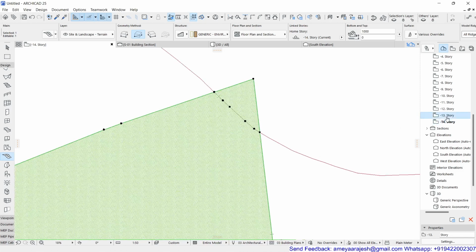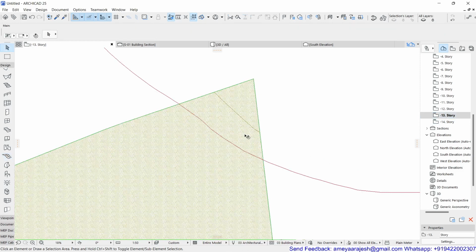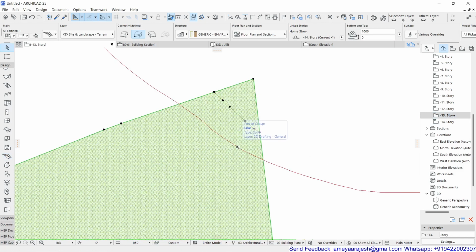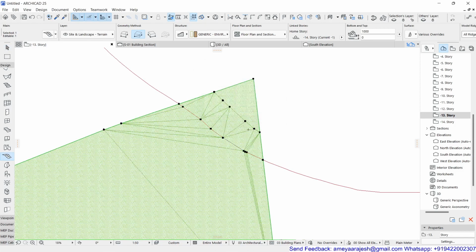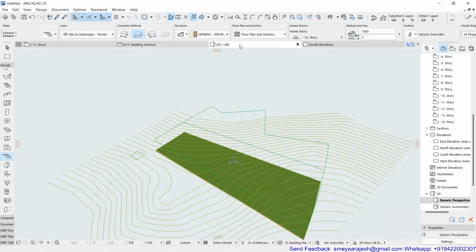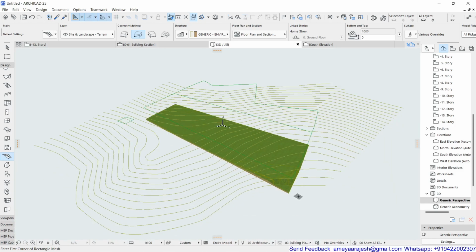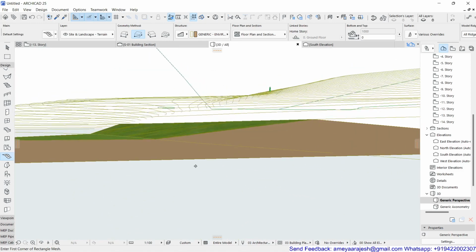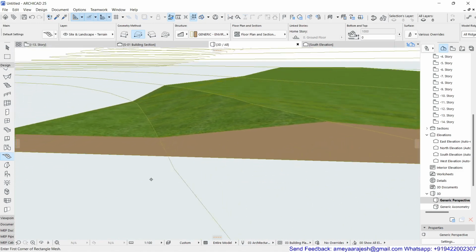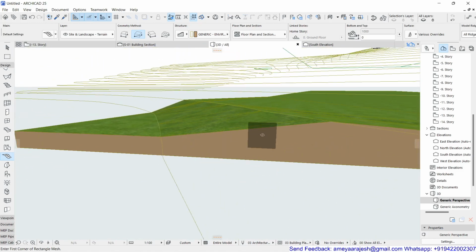So I'll just keep on moving every time, but again I have to select the mesh, and again the same story, locking, and then I have to hit my spacebar with the magic wand as a key, and I'm just going to convert these things. But what is the benefit? You can see the benefit that your mesh is started getting elevated also to the required level automatically. So that means you don't have to worry about designing the Z direction.